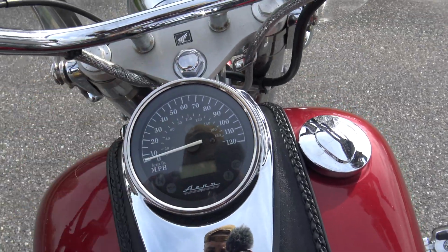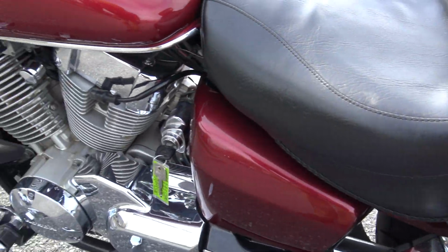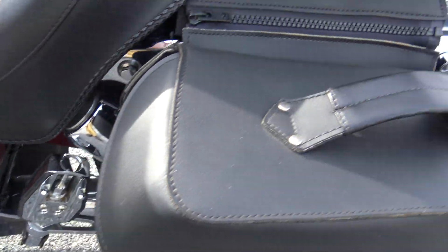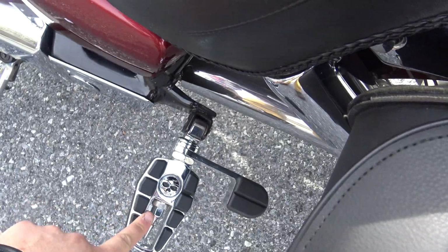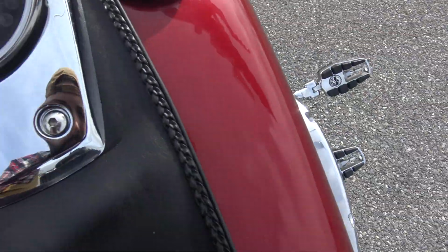This is the Aero Edition. It's in good shape, guys. It's got like 20,000 miles. Oh, this is in pretty good shape. It's got skull accessories everywhere, which is probably honestly an upgrade from the stock hardware. I don't know if I necessarily love the skulls, but